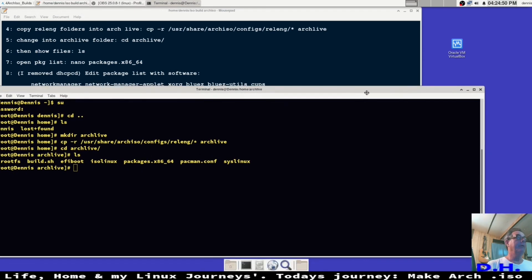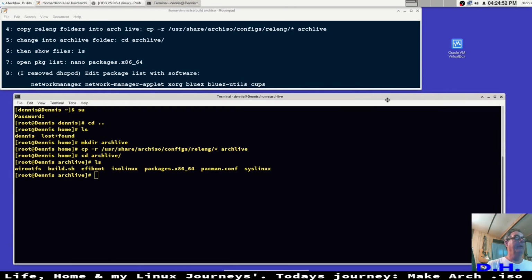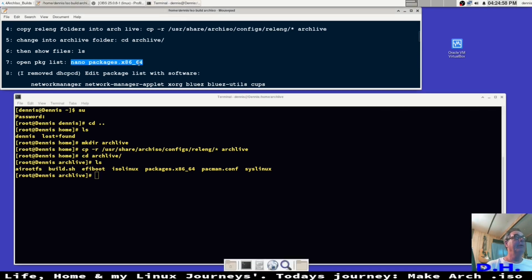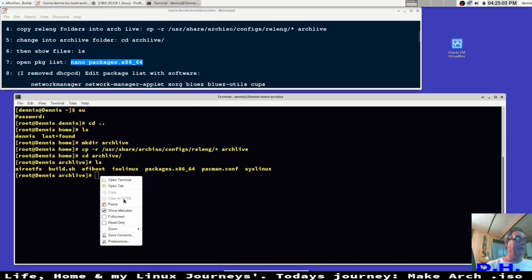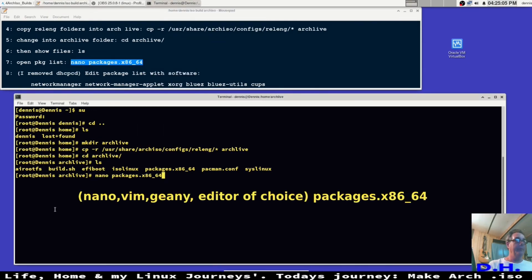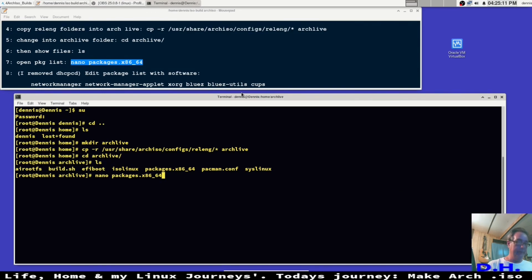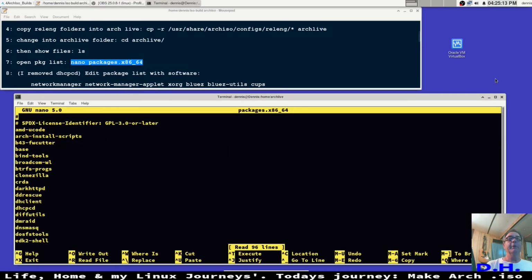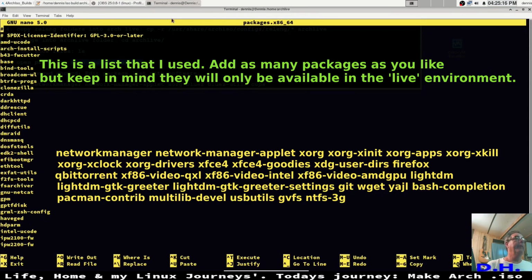There. Grabbing the wrong bar there. Okay, so the first one we're going to edit is the packages here. I'm just going to copy this over, and we're already in sudo, so I do not have to invoke sudo. We're already in root, so we're going to edit the packages.x86_64. Hit enter. I'm going to enlarge this, and scroll down near the bottom there,